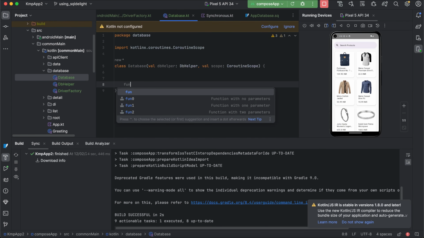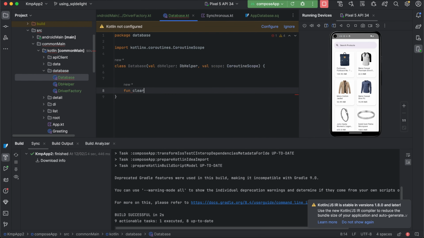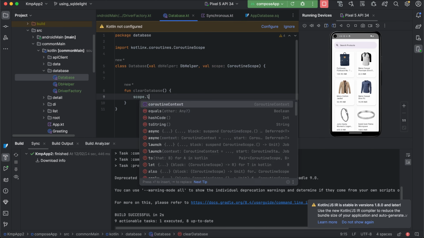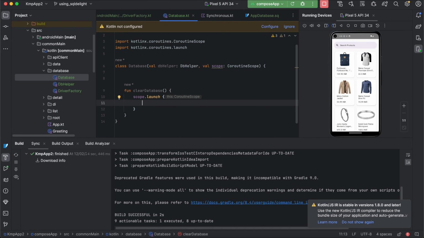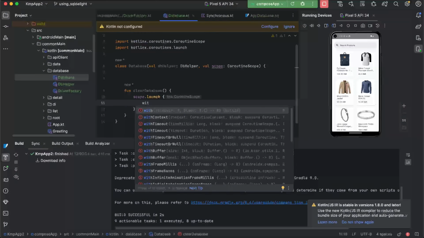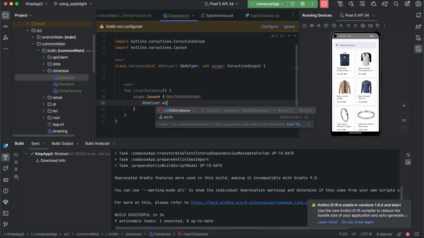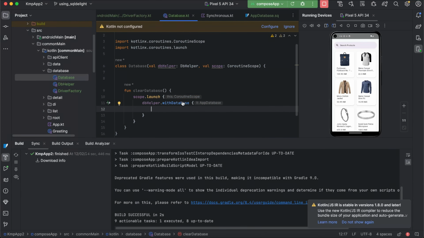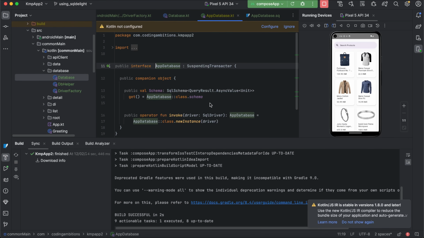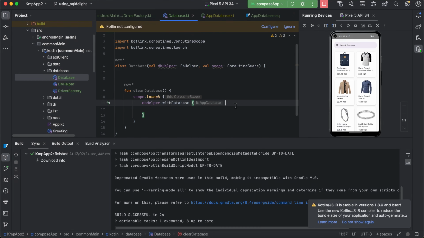So we can create, just let me write single queries here, you will understand it better. Scope dot launch and then with database, db helper dot with database. So now it will be providing the database to us and we will be using that database, because now we